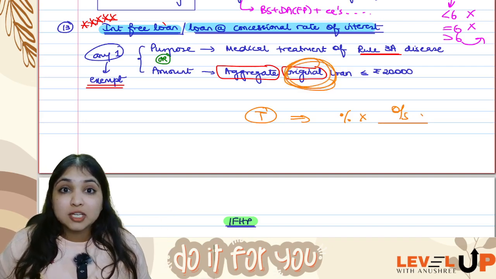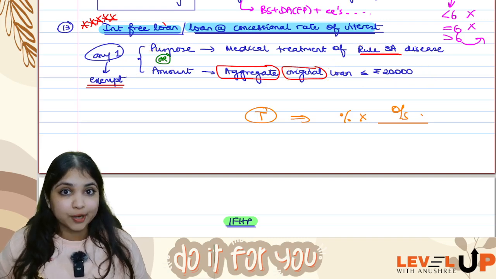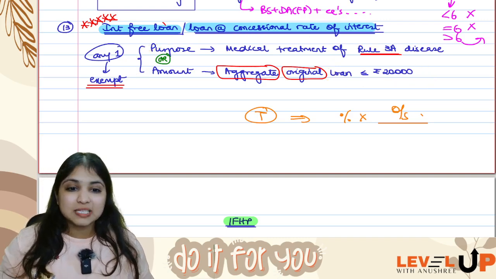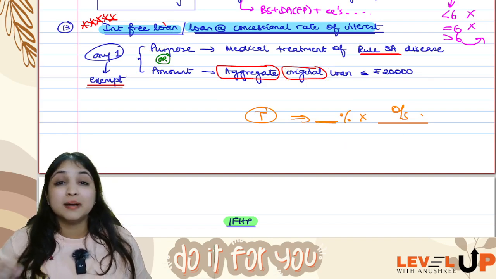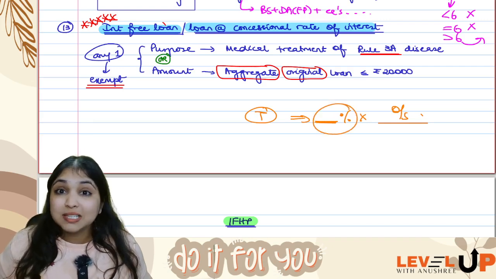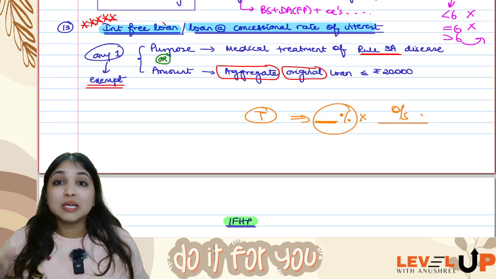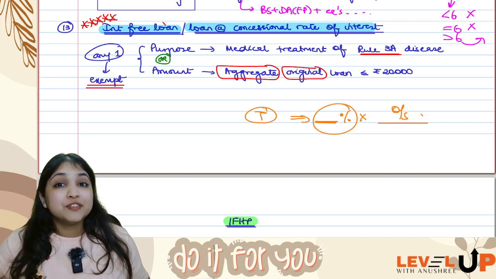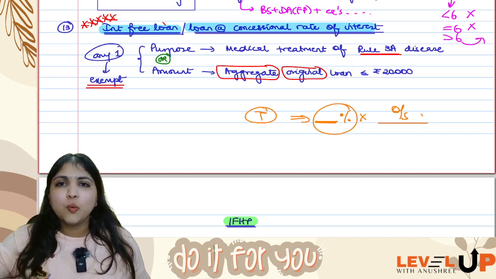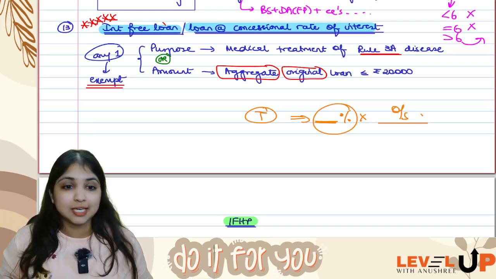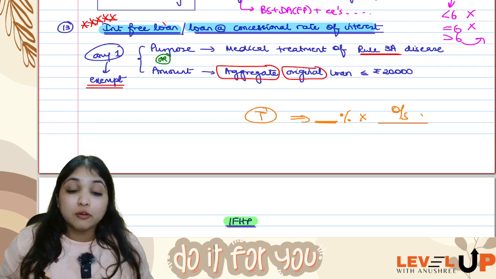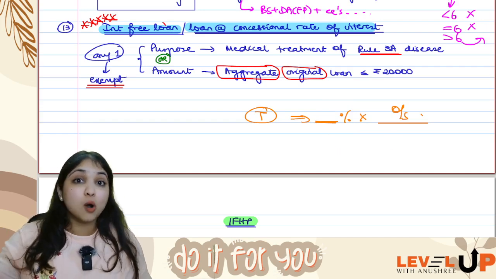The original amount is what you consider for this checking point. But when you're doing the computation of the taxable perquisite, you will see the percentage of what? Percentage of the outstanding amount. What will this percentage be? Do you remember? You will see what is the SBI lending rate on 1st April of the previous year minus whatever interest rate my assessee is paying. Basically, you will find the benefit which he is enjoying. That benefit will be calculated as a percentage of the outstanding amount.